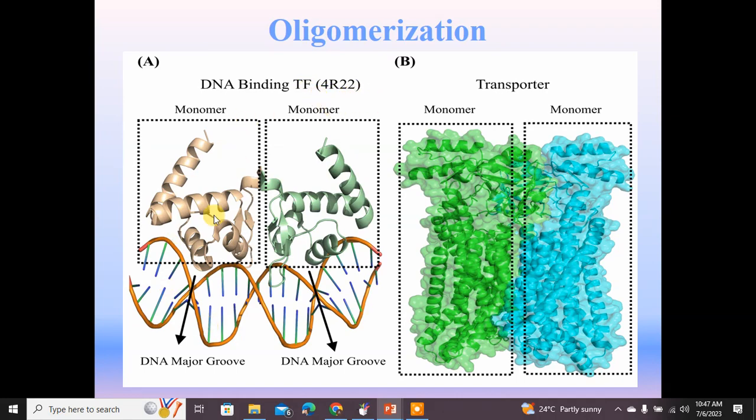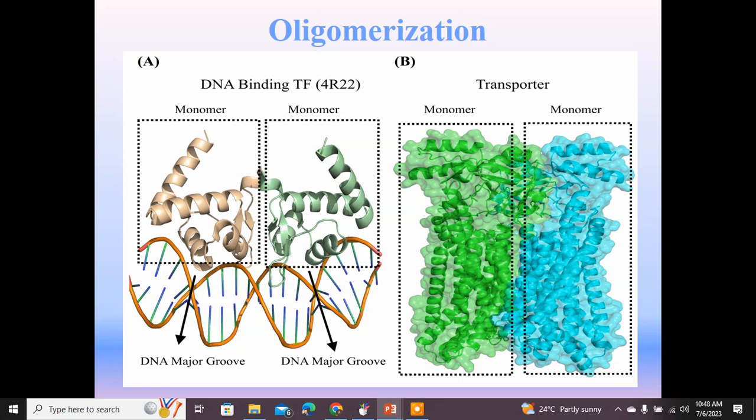So if you want to see this protein, just open the PDB and type this one, you will have this protein. So if you see, this protein has two copies. This is one copy, I boxed it, and this is another copy, I boxed it. So why does this transcription factor need two copies? This is another question. Because